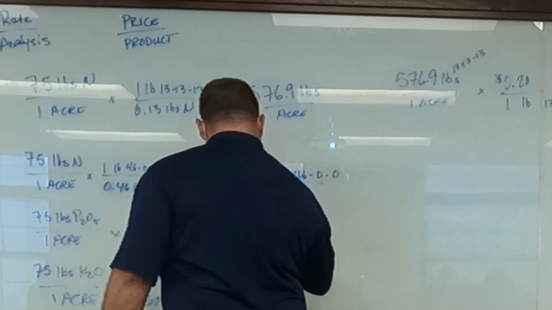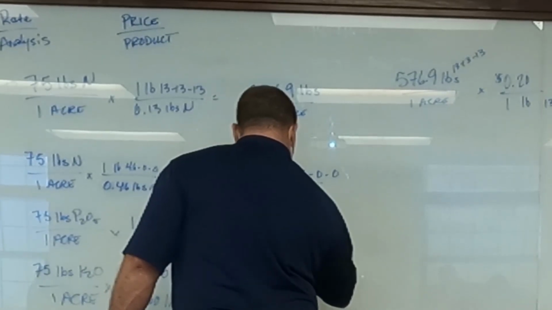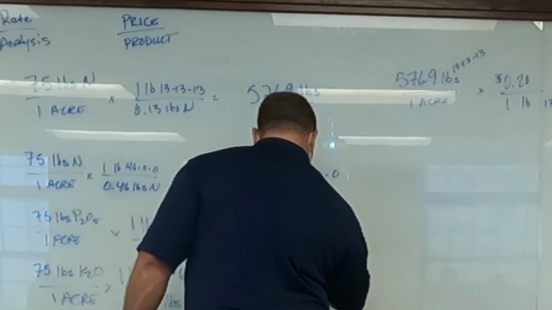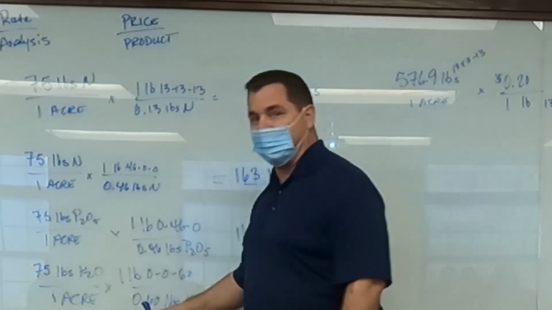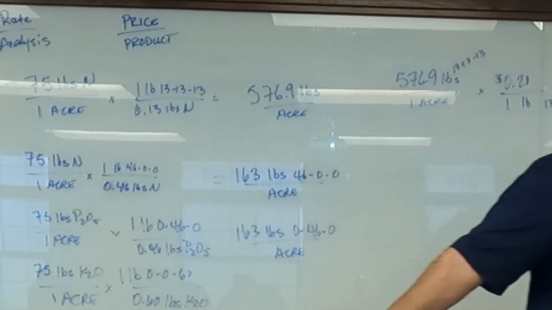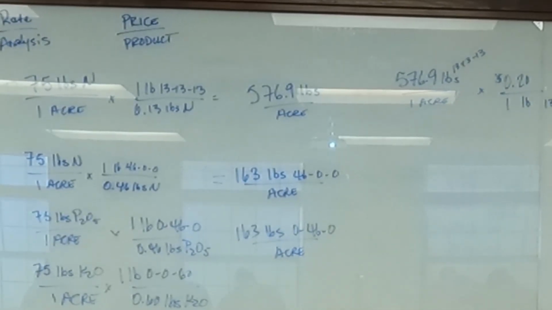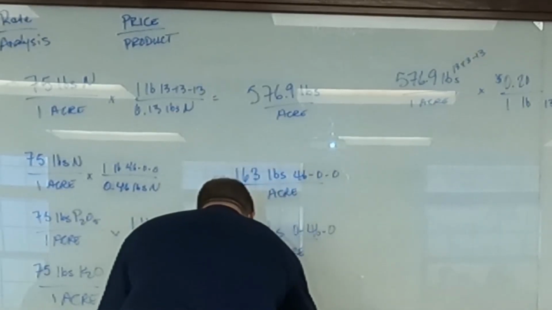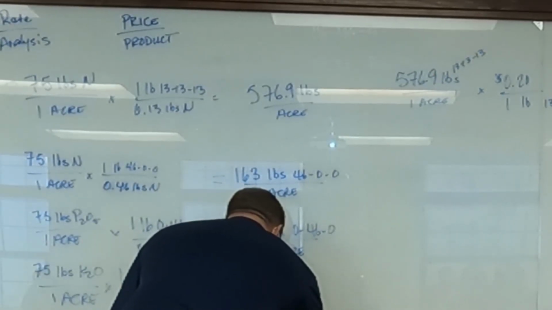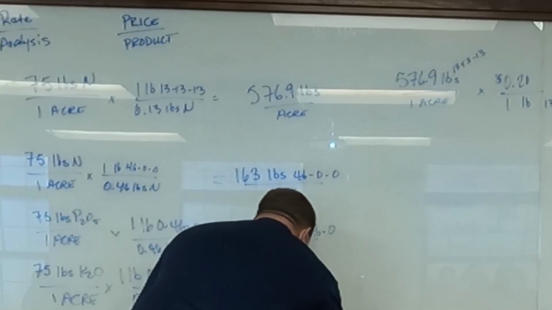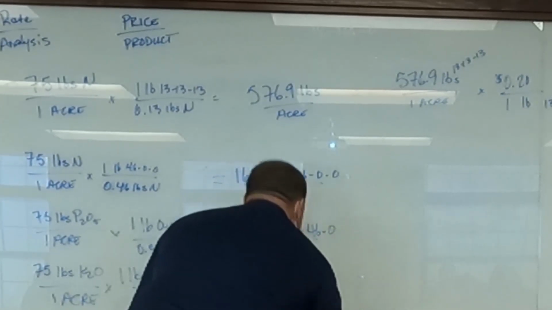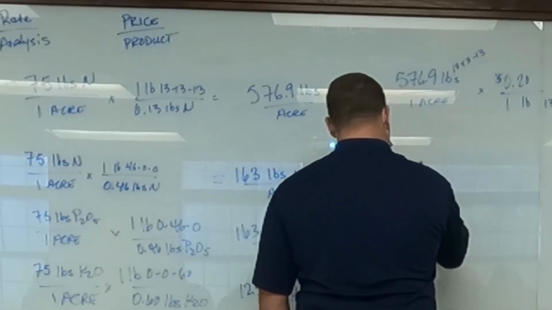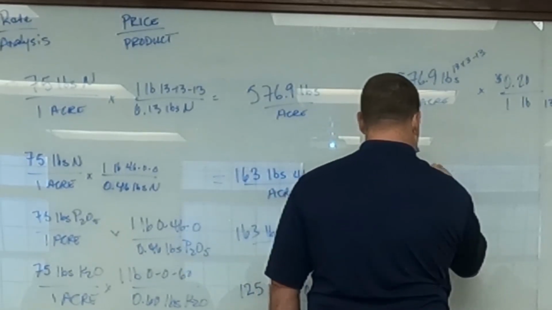Does someone have 75 divided by 0.6? 125. We need 125 pounds of 0-0-60 per acre. So 163 pounds of